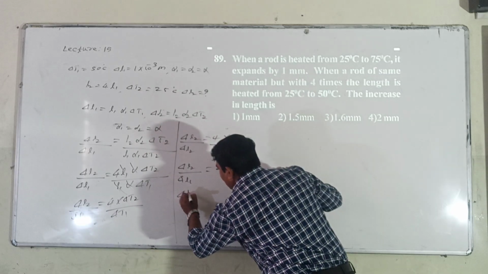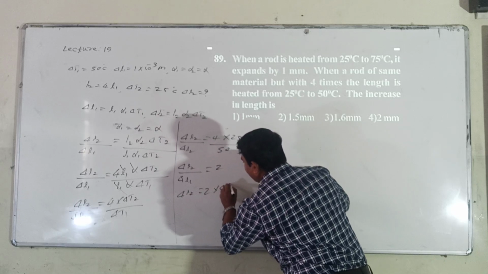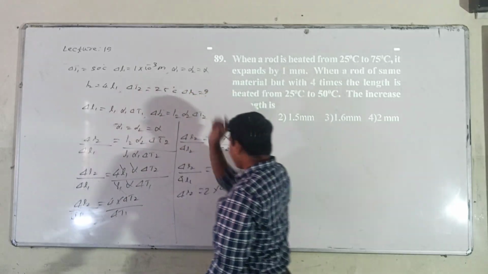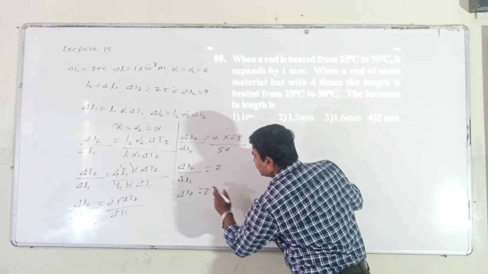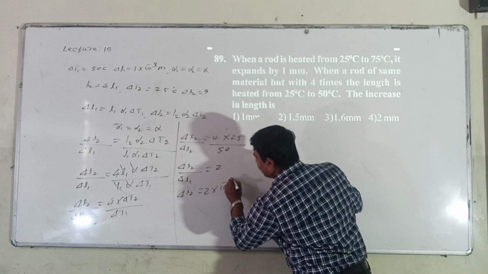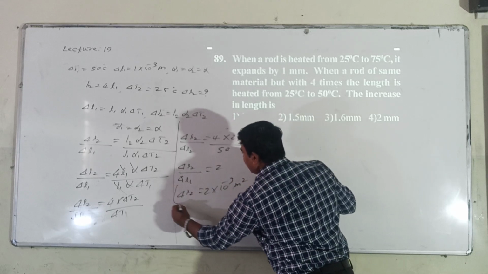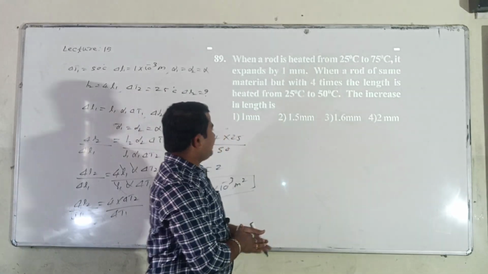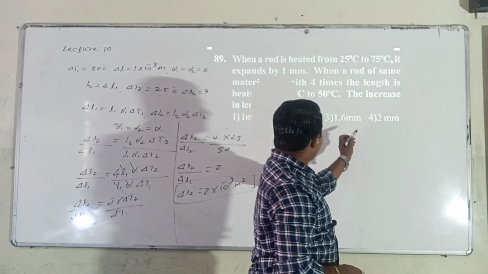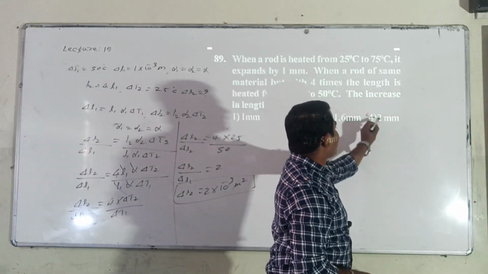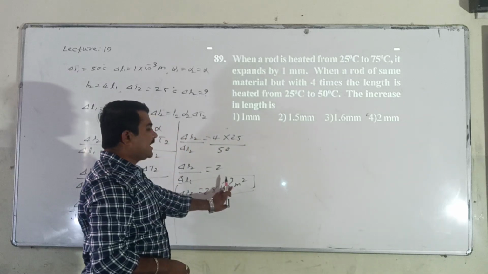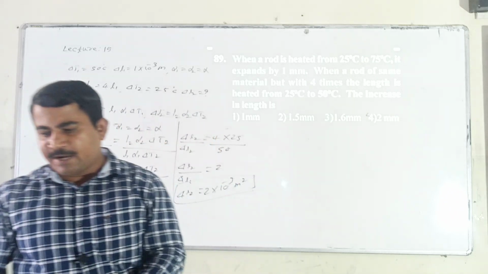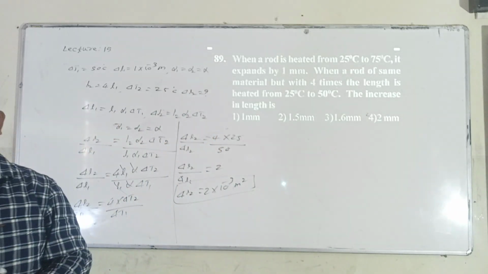Or put this value. From this, del L2 is equal to 2 times of del L1. But del L1 value is given. How much? 1 into 10 raised to minus 3. So, this value I will simply replace, 10 raised to minus 3 meter square. This may be the final answer for it. Which one is correct then? I can go for option number 4 directly, right? Minus 3 means milli, minus 3 means 2 millimeter, right? Copy it again. Let us move to the next numerical.